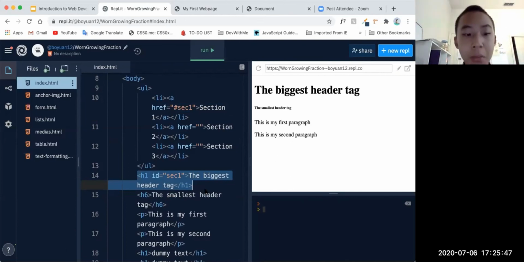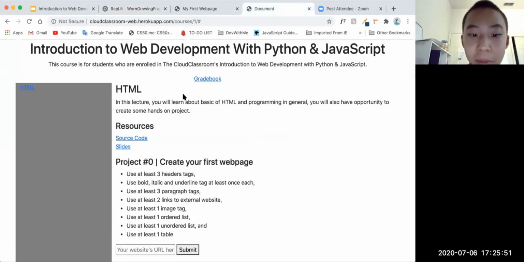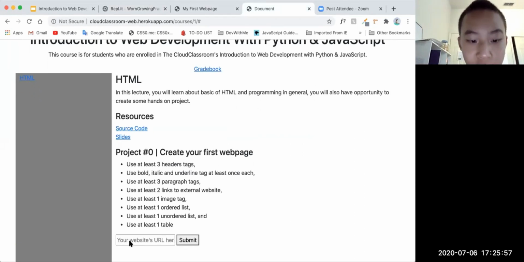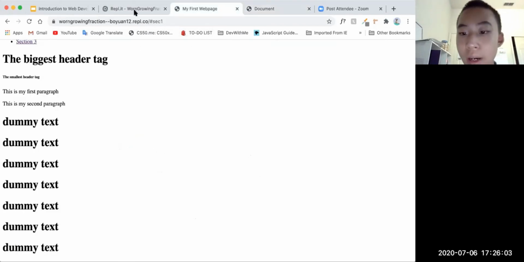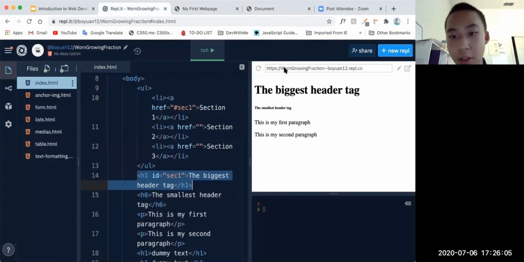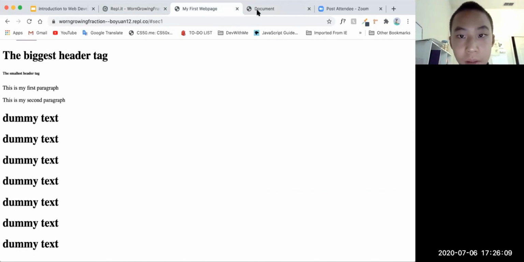There is an optional homework that you can complete if you want to, available here. Just click on the HTML, and then to submit your homework, you can put your website URL here. So your website's URL is whatever the URL is here. So if I just copy and paste it to here,